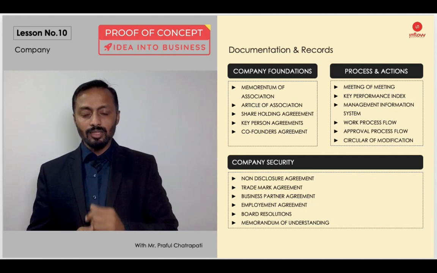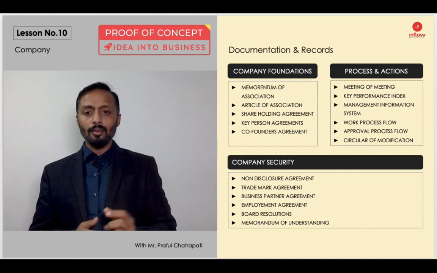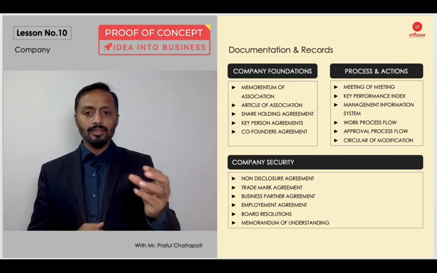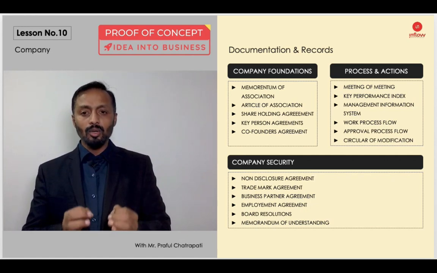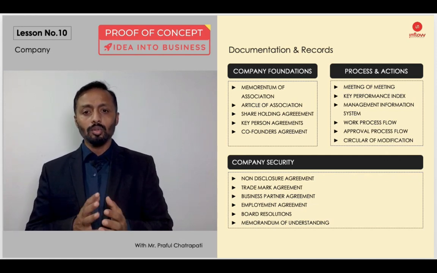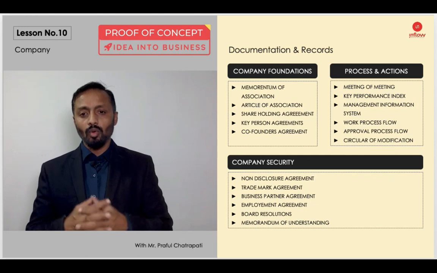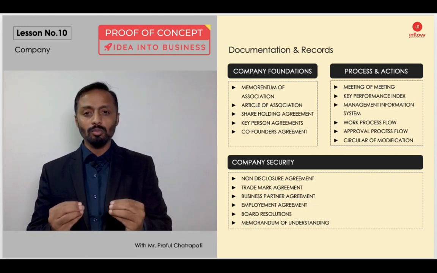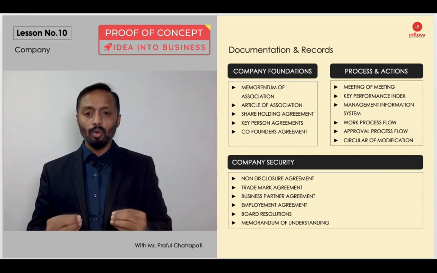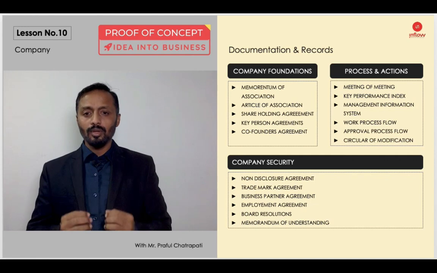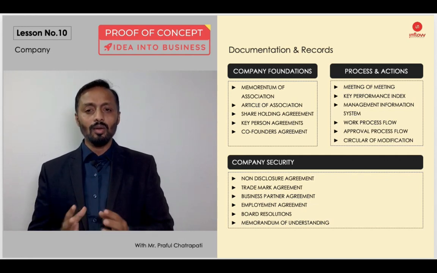Key person agreement: someone who is a very important person in your company, maybe an employee or someone else such as a chairman or a consultant, have that key agreement with you. Co-founder agreement: you should have defined roles and responsibilities, and you should know for what purpose you are bringing people on board. Have a proper agreement with the right roles and responsibilities, with the right understanding of MOA, positioning and deliveries. If you have everything precisely in writing, and keep transparency, in the longer term it is always good.